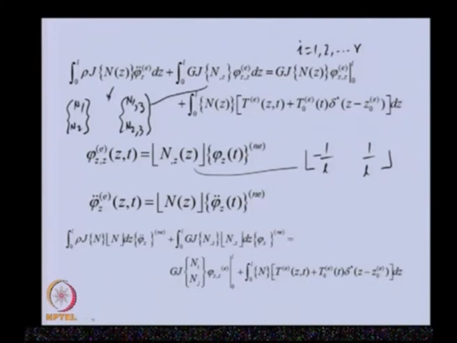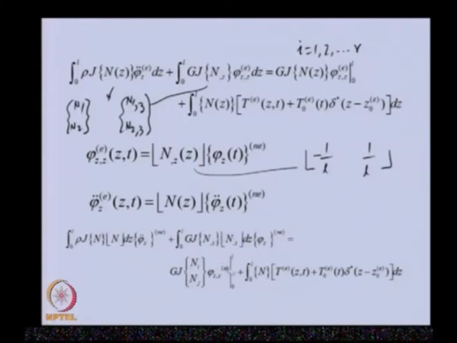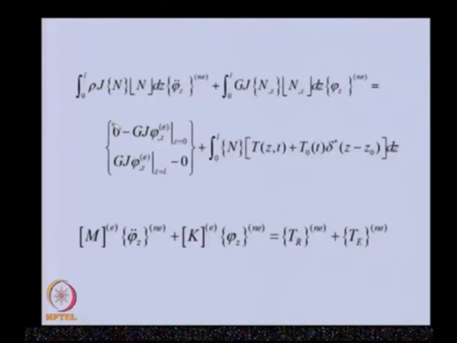Now, you can see the same equation I have written in a more explicit form. This is exactly the same equation as the previous one. The only thing is that here I am substituting the limit. In the previous case we had this one, and I am substituting the limit. So in this you can see for z equal to 0, N1 will be 1 and N2 will be 0. So this will give me this, and similarly for z equal to L, N1 will be 0 and N2 will be 1. So we will get this.